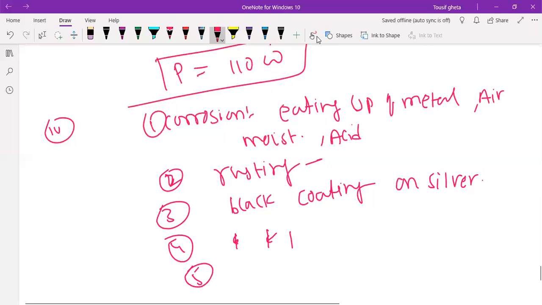How can we prevent corrosion of iron? See, you can prevent it by painting, by paint, galvanizing. Okay, instead of that, greasing is a better word. Right? Greasing, painting, better word.